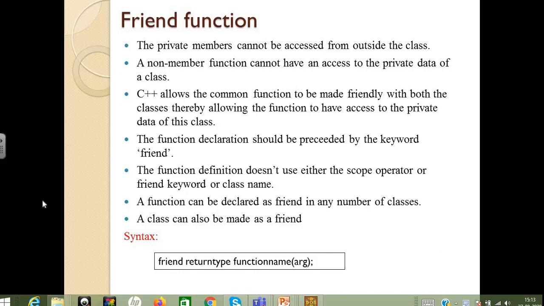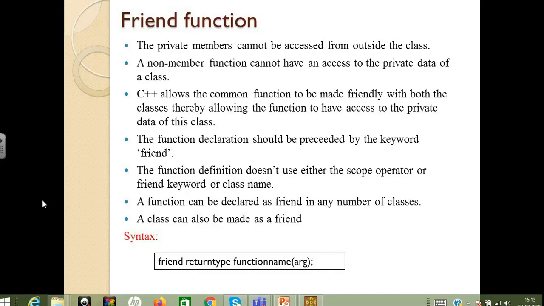And one of the concepts we have discussed in C++ is the access specifier, which we don't have in C programming. There are three types of access specifiers: public, private, and protected. If I declare a variable under public mode, then that variable and member function can be accessed from outside of the class. But if I declare any variable or member function under private mode, then we cannot access it even from the main program. This is the logic we have discussed under access specifiers.